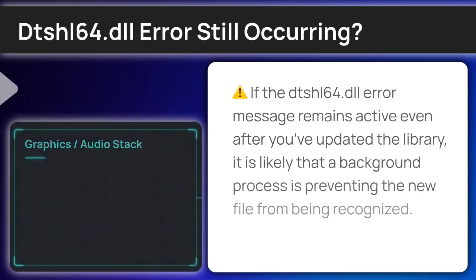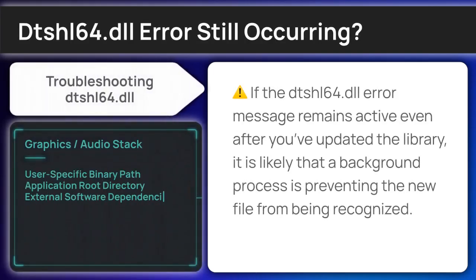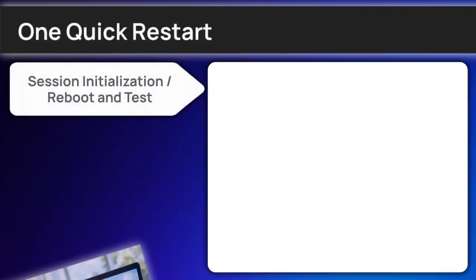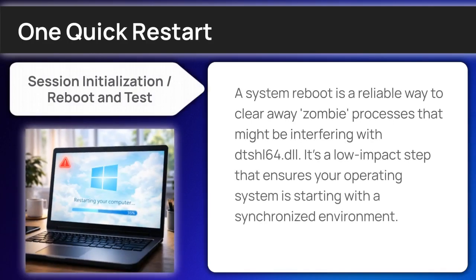When the primary installation path fails, a more surgical approach to checking your system's environmental variables is required. Performing a restart can determine if the error is just a transient environment glitch. A reboot refreshes your system's path variables and can sometimes re-establish a broken link to the